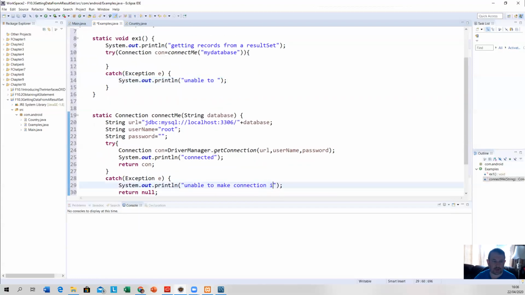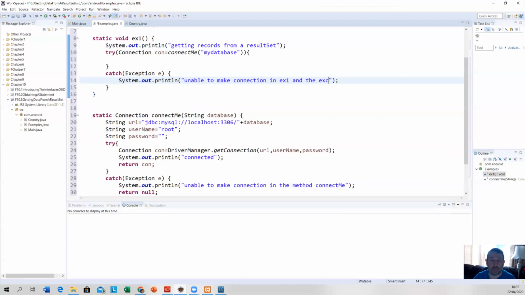Unable to make connection in method connect me, and the exception is,